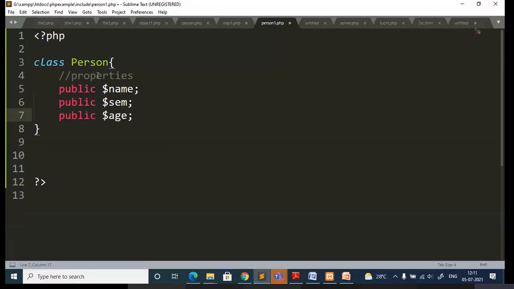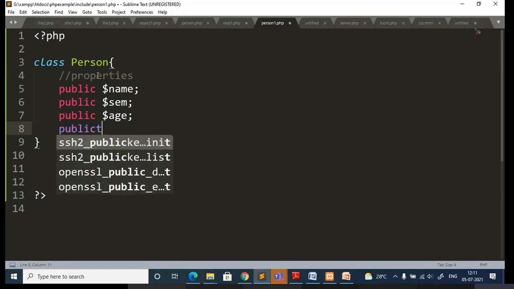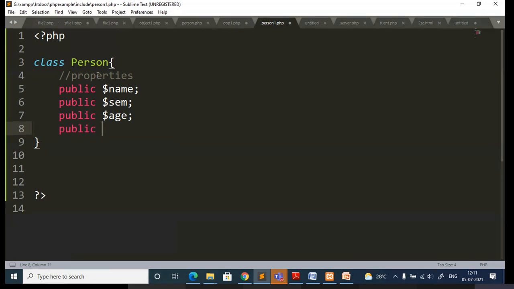Okay, here I'm creating three properties, followed by which I'll create one function that is going to access any of these elements. There also you can specify the scope.